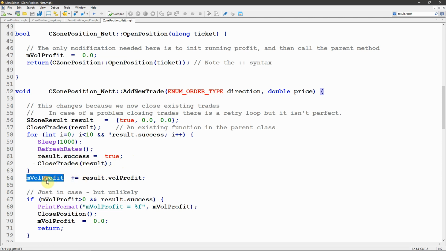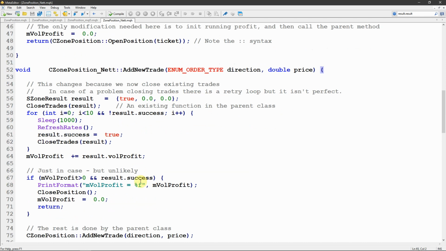And then I'm capturing in this mvol profit variable, I'm capturing the volume profit from all of these calls in the result. Now, because I'm only initializing that vol profit here the first time through, no matter how many times I go through this retry loop, it will still keep accumulating into the vol profit of result. So now I have a total vol profit that represents all of the losses. I know I've called it vol profit, but they will actually be losses. This will represent the total loss on all of the positions or all of the trades I've made so far